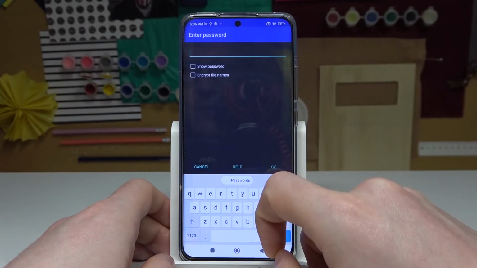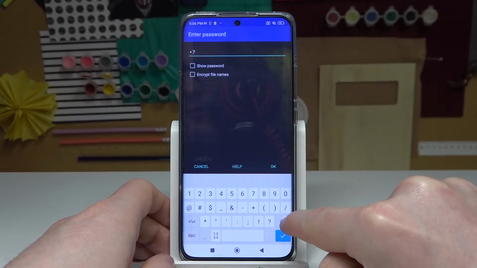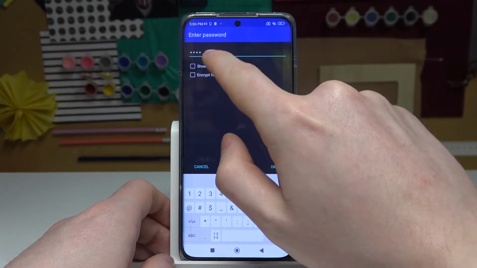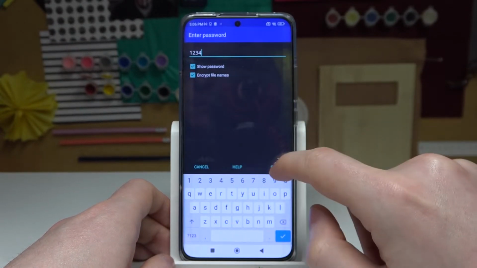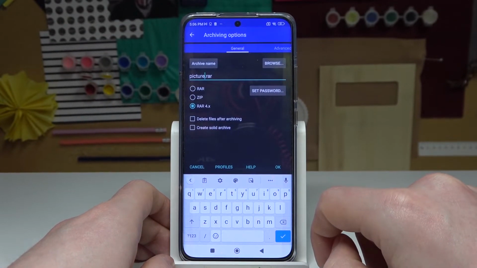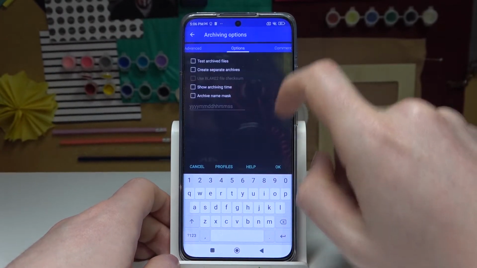We can set the password for our archive, and it's gonna be 1234. We can show the password if we're not sure that we wrote it correctly, or encrypt the file names. After we're done, I'm gonna press an OK button, and we can change the advanced option visible right here,